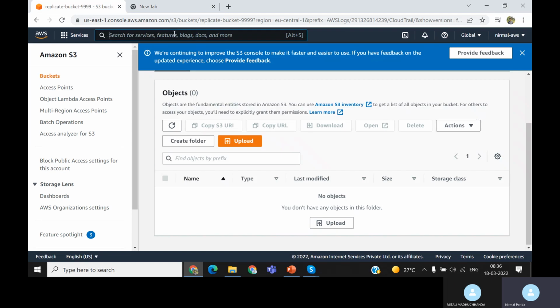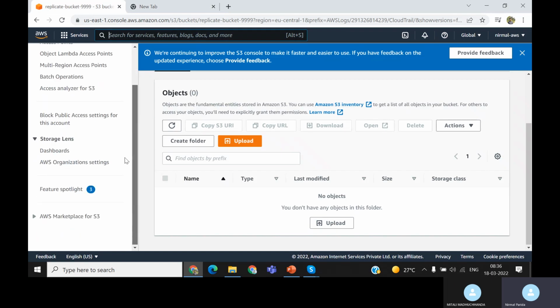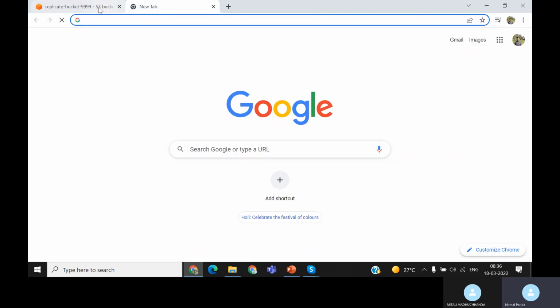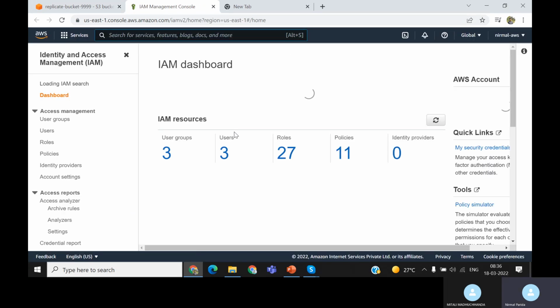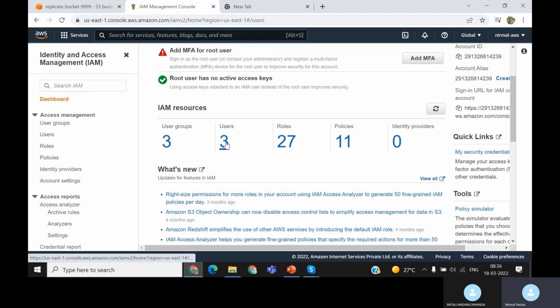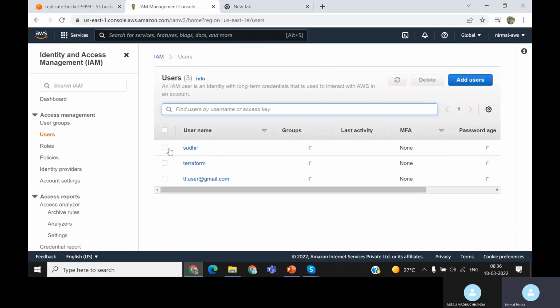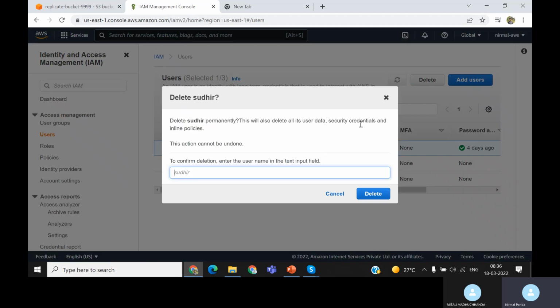No, I can create one IAM policy or delete one IAM role. Okay, let me delete Sudhir. Delete. Yes,